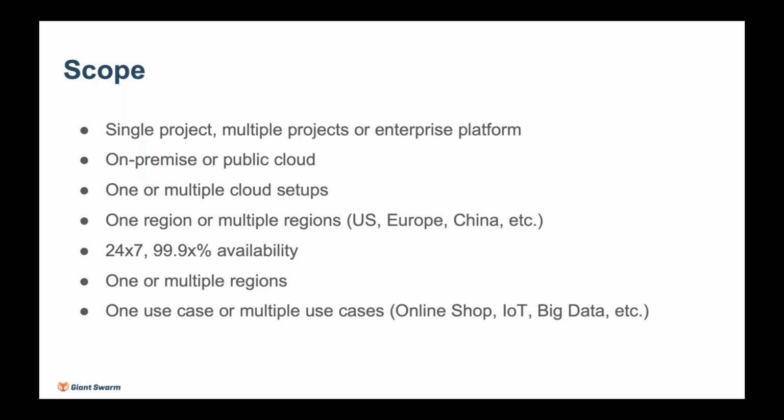You may need to support regions like US, Europe, or China, which is also very different in terms of what public cloud providers provide. Then 24/7 and 99.9% availability are things that define the scope. And naturally then different use cases, like one could be an online shop, the other IoT, the third one big data. So that defines how complex your setup becomes and how much scope you require for your